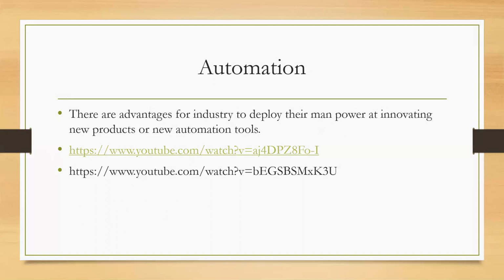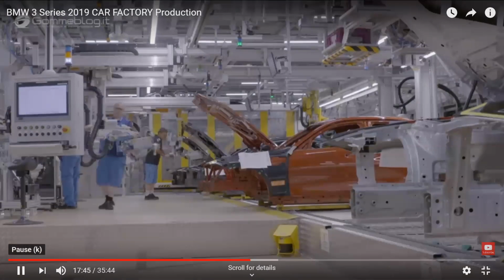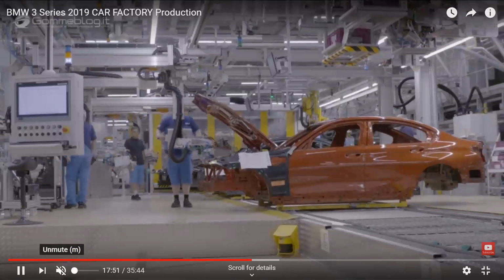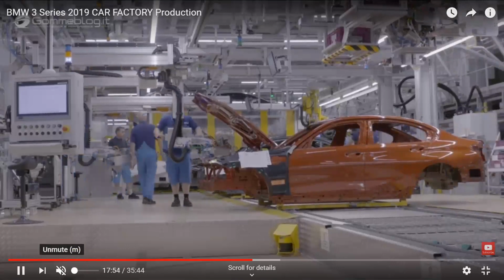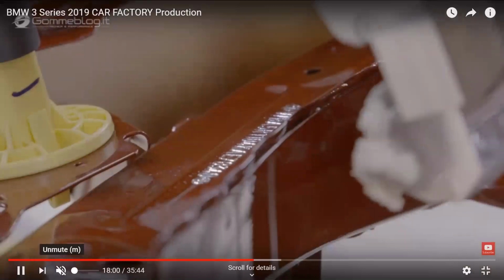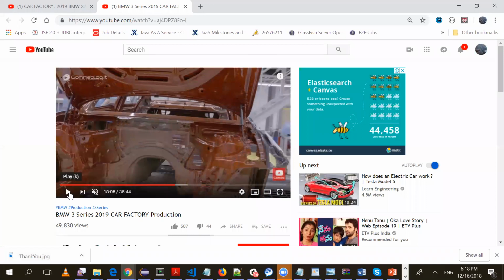So with this, let me quickly show a couple of videos of how BMW assembles its car parts. I will show 10 seconds of video here. If you look at the video, there are huge automation tools available for BMW to assemble different parts of the cars. I don't want to show more, but you can browse the net and see how BMW assembles each component to get a complete car.